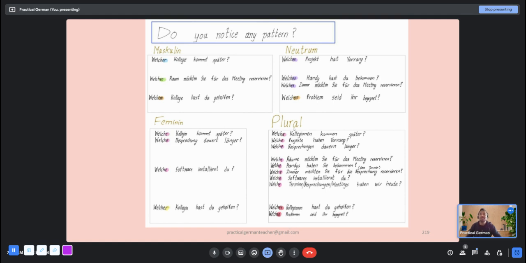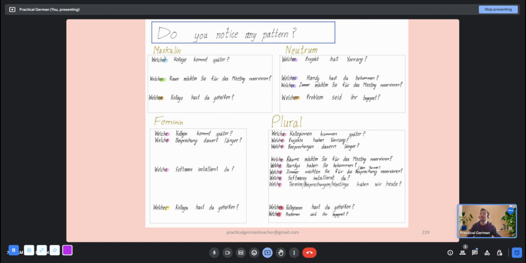Once it is plural, it's a different game. You forget about masculine, feminine, neutral. The moment it becomes plural, your life actually becomes easier. I'll tell you how. First of all, you have to understand that the ending of the W-word Welche depends on the gender, or I will use the word gender even though it's not really gender, of the noun which follows immediately after Welche.